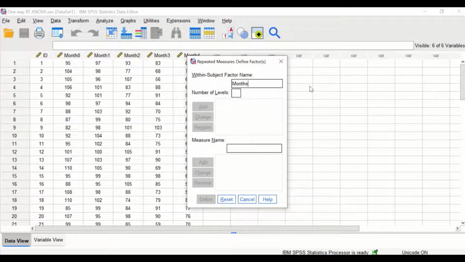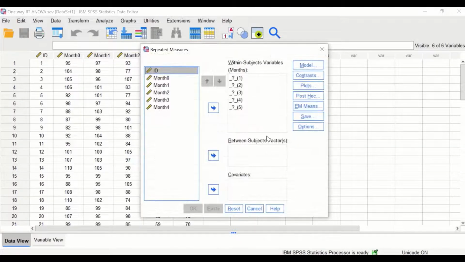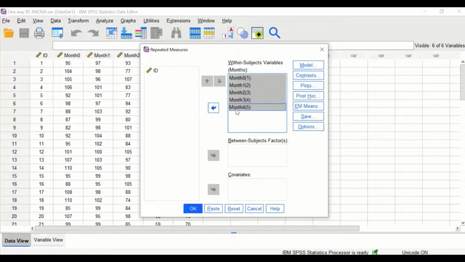Since we have 5 levels, insert number 5 and then click on Add, click on Define, and in this new window, select and drag all the 5 levels into the within subject variables for months,